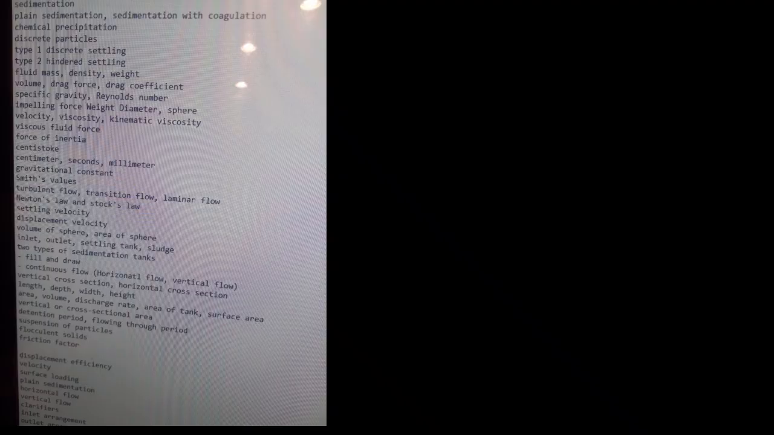So first, let's look at all the technical terms. The terms: sedimentation, plain sedimentation, sedimentation with coagulation, chemical precipitation, discrete particles, discrete settling, hindered settling, fluid mass, density, weight, volume, drag force, drag coefficient, specific gravity, Reynolds number, impelling force, weight, diameter, sphere, velocity, viscosity,